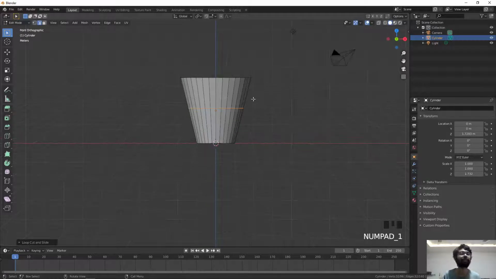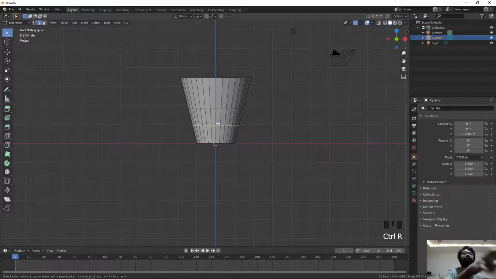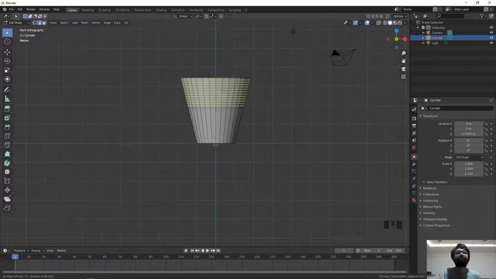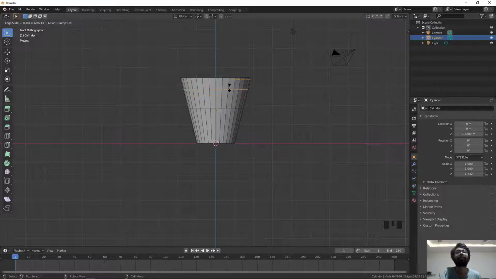Go to side view, front view mode. This will be easy. Then press anywhere. And then again press Ctrl R to add two seams upside. So to add two seams, I will just scroll my mouse wheel, and this will add more and more loop cuts. So I'll scroll this up to 2 and left click to confirm, and then I'll right click to snap it into the middle.